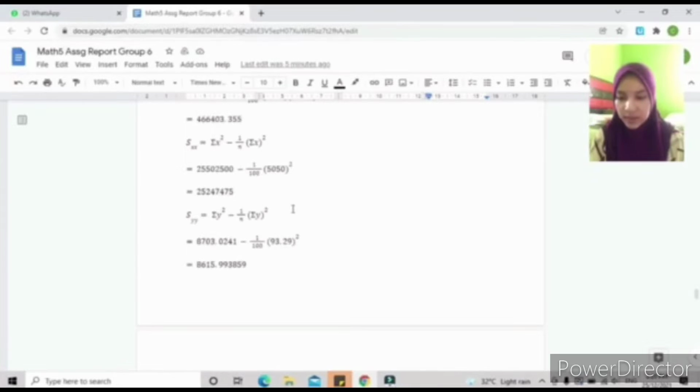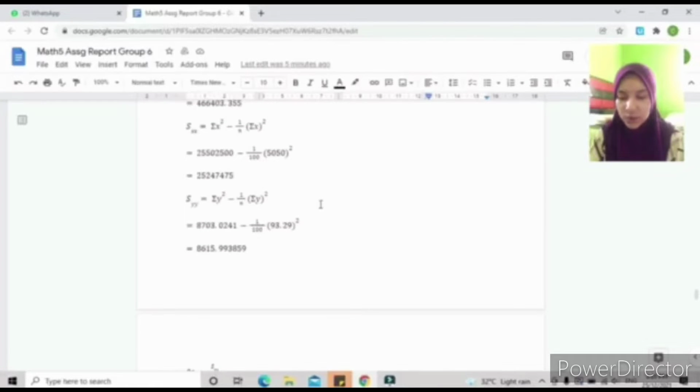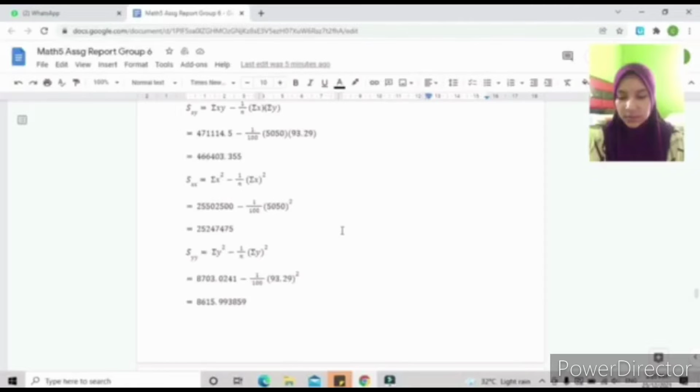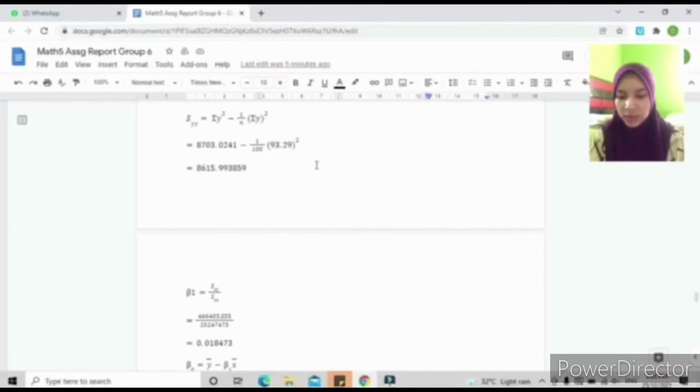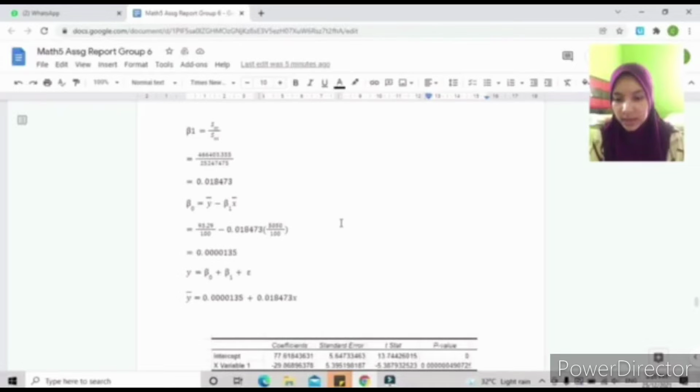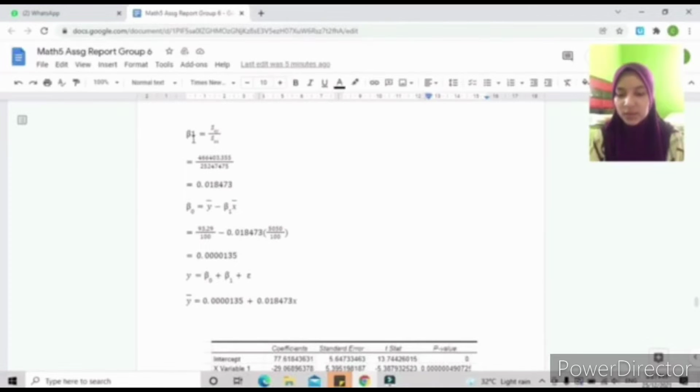25247475. So next, we find the value of SYY. As usual, we compute the value that we already got in the box, and then we got 8615.993859 for SYY. So next, we find beta 1. The formula is SXY over SXX. So we just divide the value that we got before. So we got